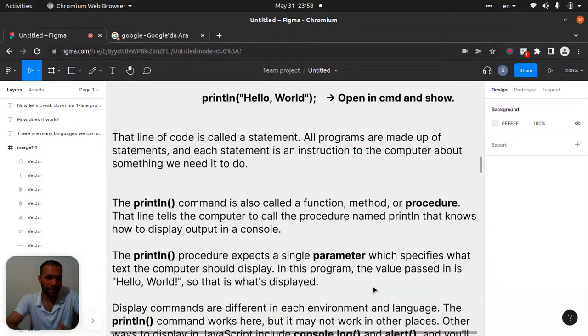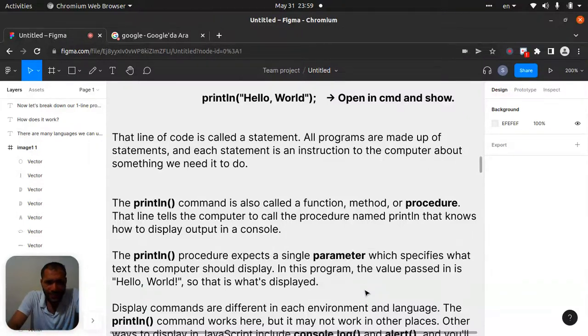It can be print, console.log, or alert. In different programming languages it is different, like in Java it's system.out.println, and you put hello world inside that.